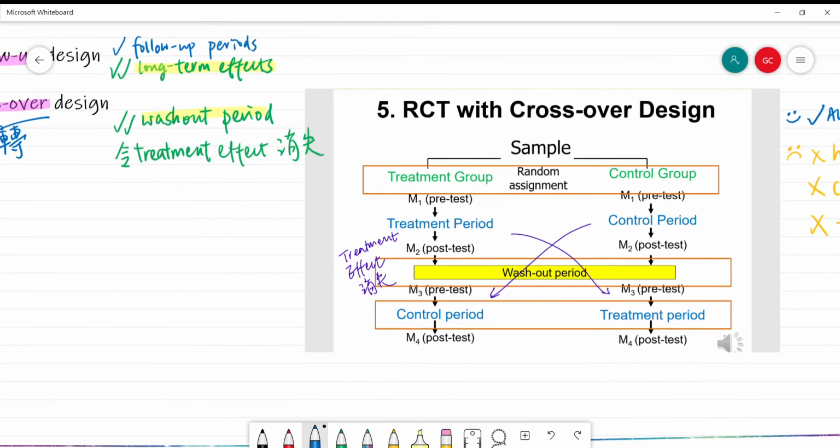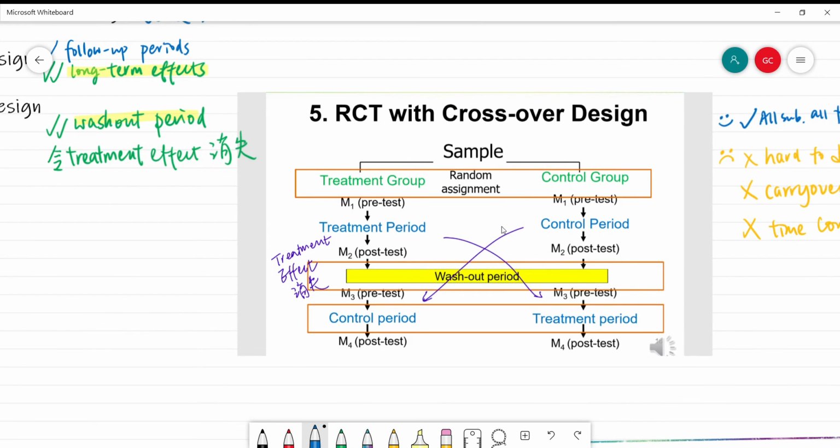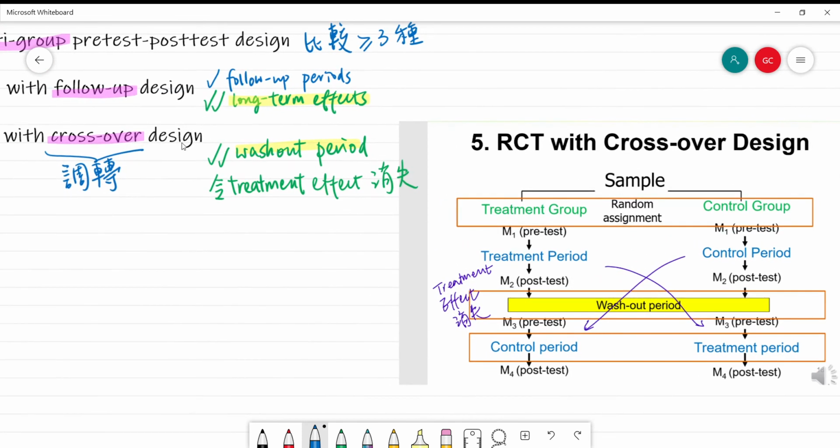So I've prepared a slide for the crossover design. So here's the slide. There's a treatment group and a control group, and you can see that the treatment period and control period of the two groups interchange after the washout period. This is one characteristic of the crossover design. The advantage of this design is that it has a washout period, and the treatment effect can disappear,